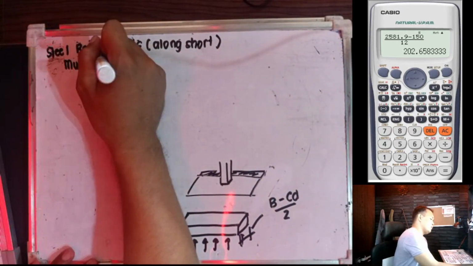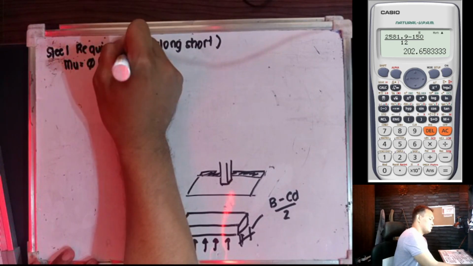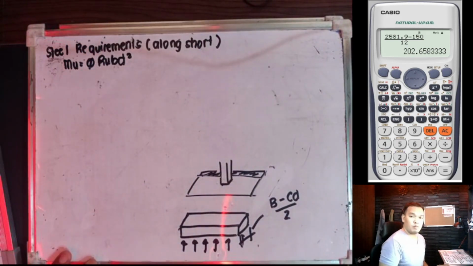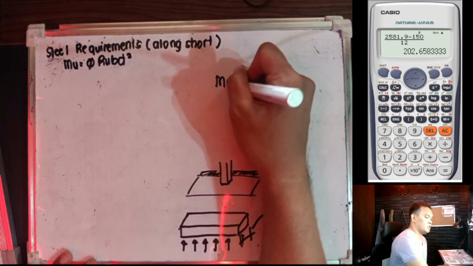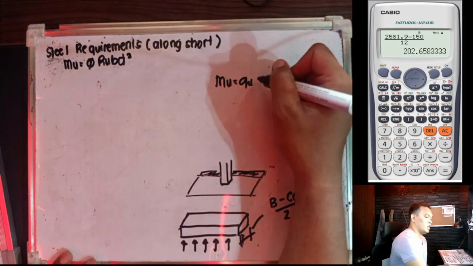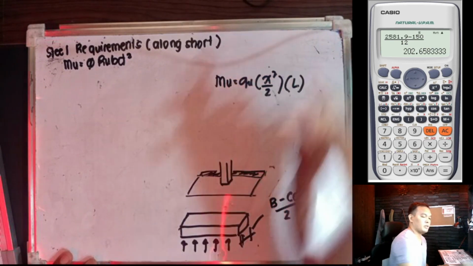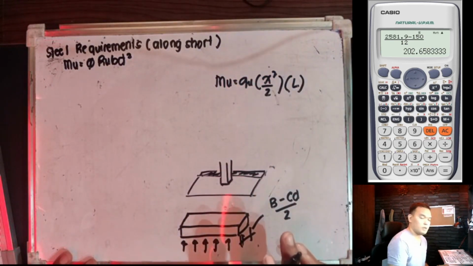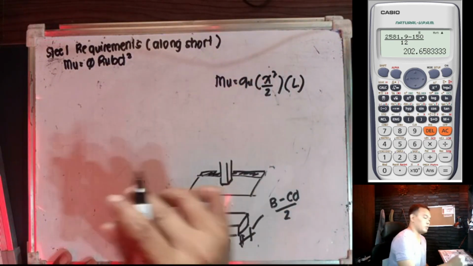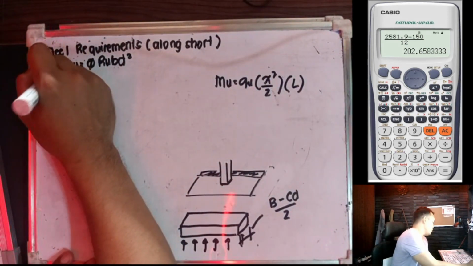phi RU B D squared. Okay. Then, same formula pa rin tayo. Yung MU natin is equivalent kay QU times X squared all over 2 times L naman tayo. No? L naman siya. Kasi yung B natin ay dun sa X squared. Okay? So, we have here